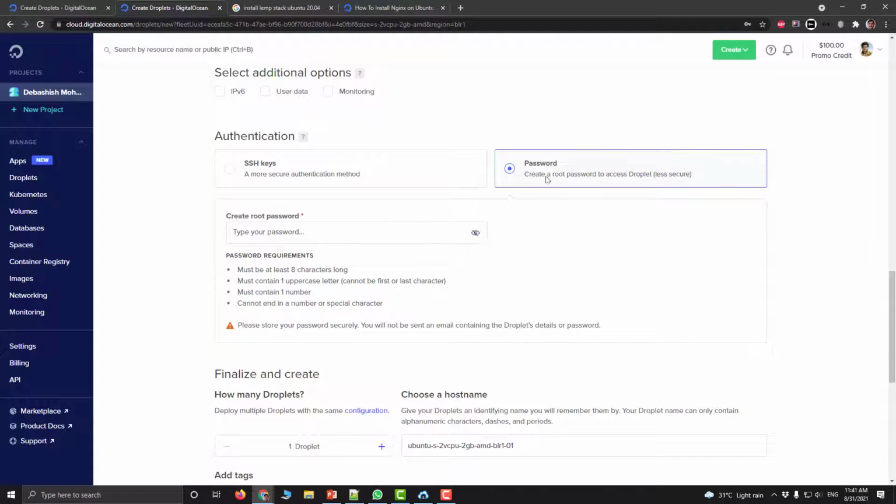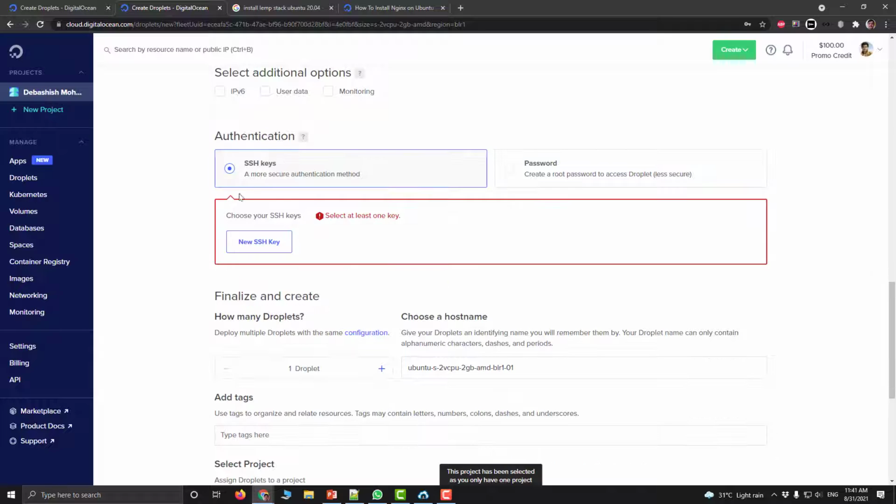So either you can create a password based authentication or SSH keys. This is an added benefit of DigitalOcean. It lets you configure this SSH key directly from their control panel. Otherwise you have to do it manually by yourself. You can follow their own tutorial on how to do it manually. I will choose to do it from the control panel.